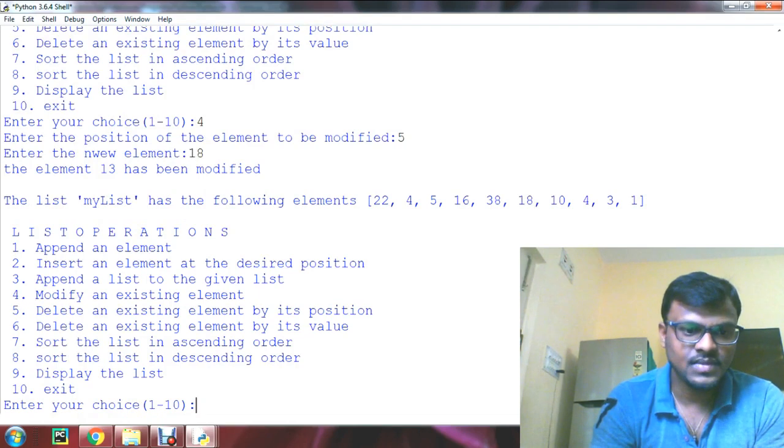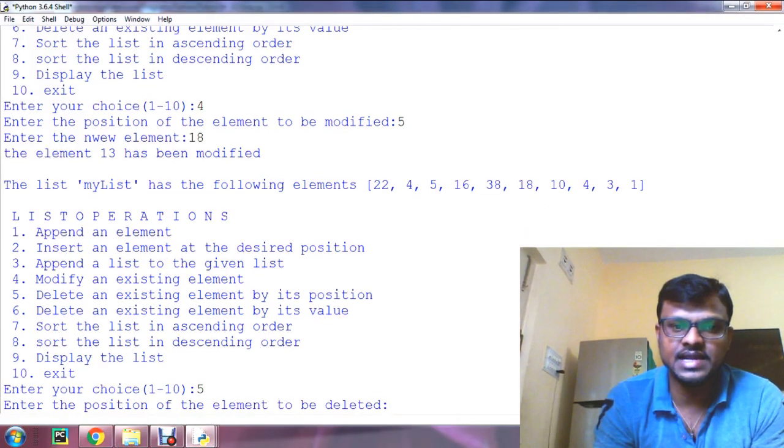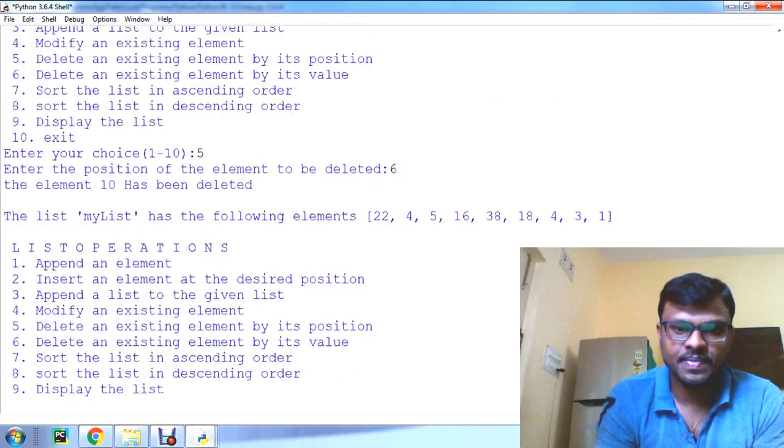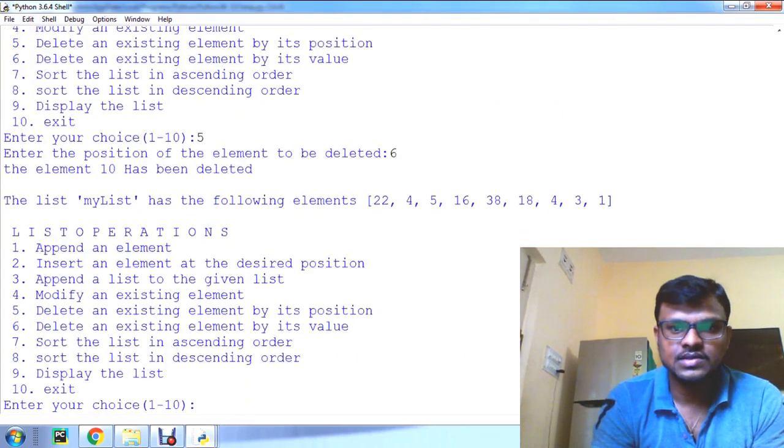Clear? Now what is that? Delete. So option 5, delete by position. I am giving the position 6. So the 6th position value, it was 10, was deleted.